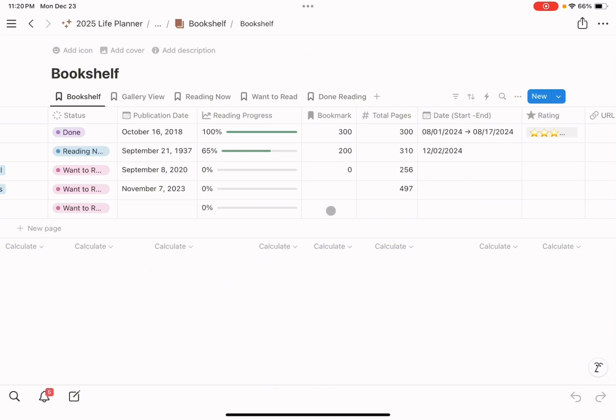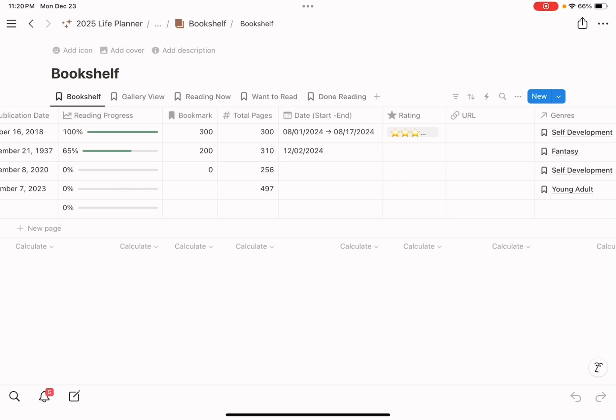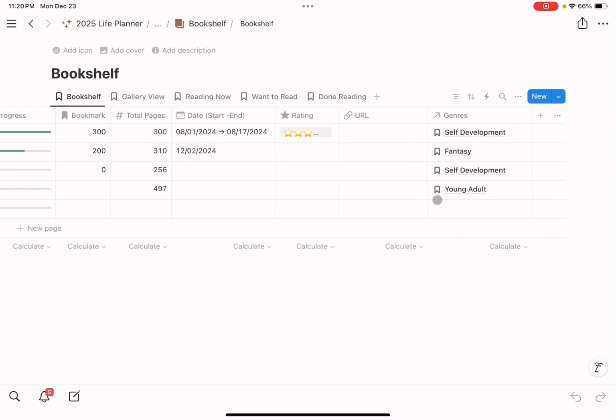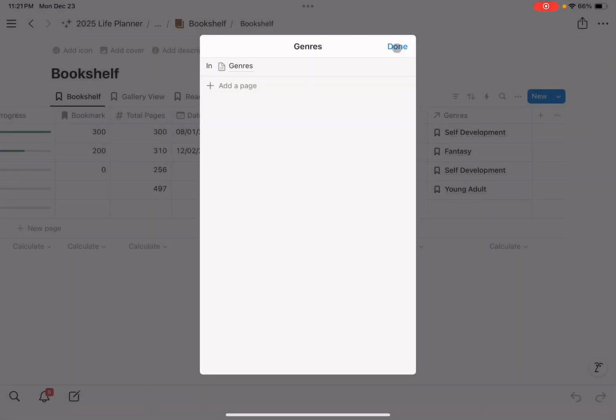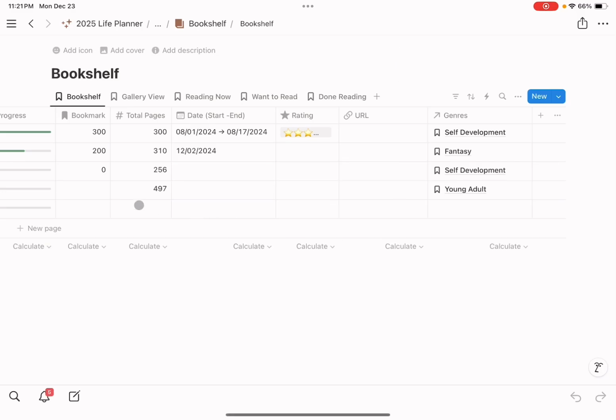If you already started reading, what page you're in, or if not, that would be 0. Total number of pages, if you started it or not. If you're done, the rating. And then here, this is where you would add your genre, which you would click, and then it will show this. If there's not one, then you would add it here and create it. Let's do one just in case. Or actually, no, this is where you pick your genre that's going to show in your genre